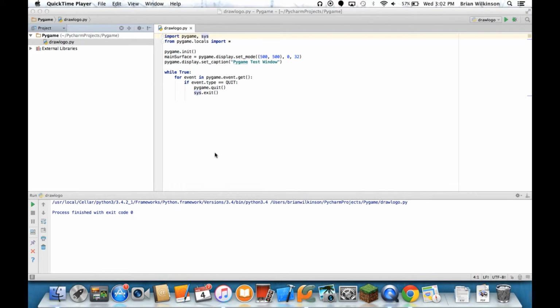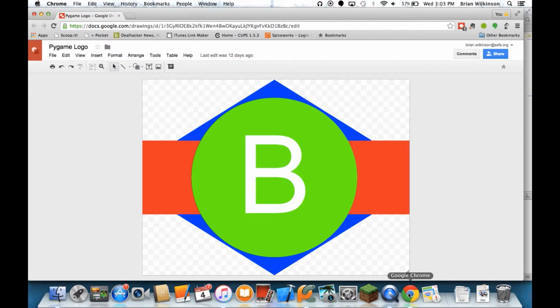So in this video, we are going to extend what we learned in the first video on Pygame, and we're going to create a logo that uses some shapes, like rectangles, circles, and triangles. Just to give you an idea, I created a pretty cheesy logo with my first initial. It's got a red square, a couple triangles, a green circle, and then the white B in the middle. Again, not very impressive, but it's going to show us how to do some basic shapes and colors in